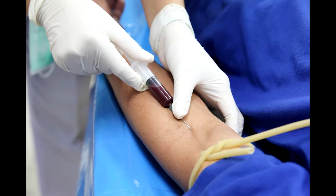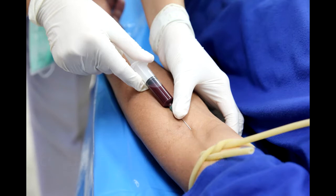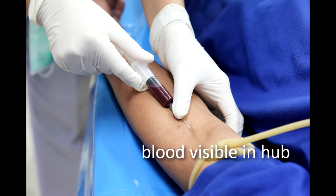The advantage of this system is that the phlebotomist is able to control the suction pressure on the vein by slowly withdrawing the syringe plunger. Another advantage of this method is that blood will appear in the hub of the needle when the vein has been